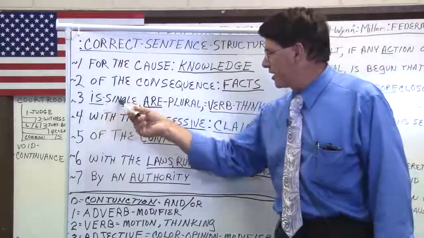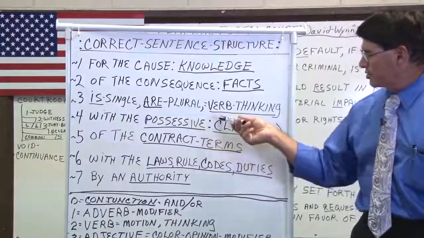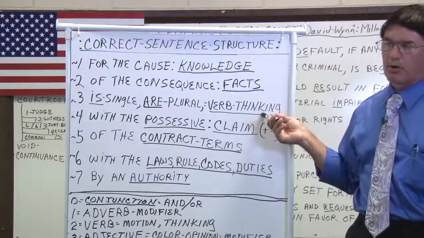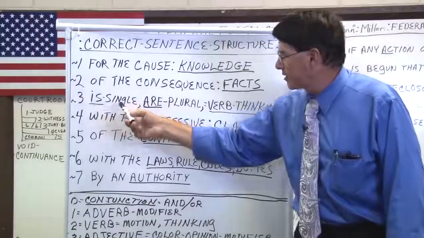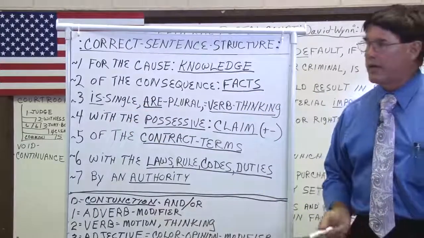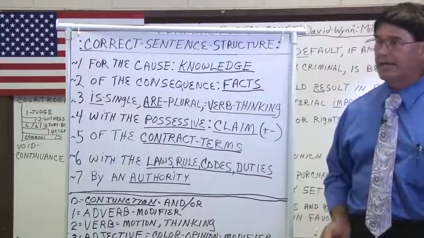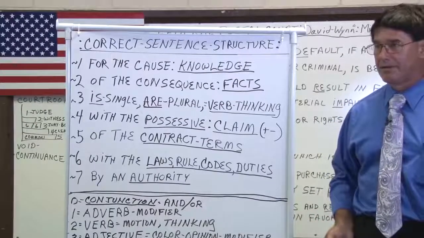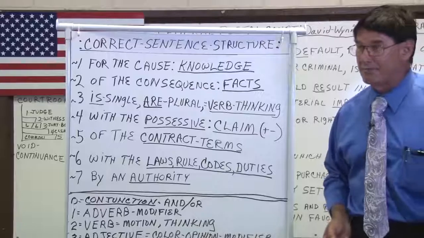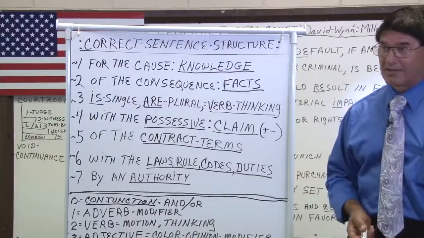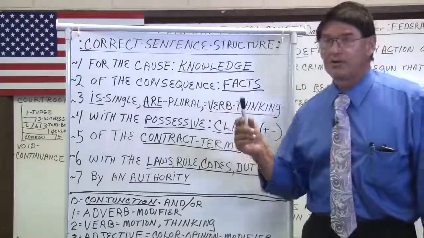You have is as a singular and are as a plural. So the verb thinking now becomes these are the only two verbs in English languages, is and are. Running is not a verb. Jumping is not a verb. Driving is not a verb. Trespassing is not a verb. Parking is not a verb. You have to think before you can do these